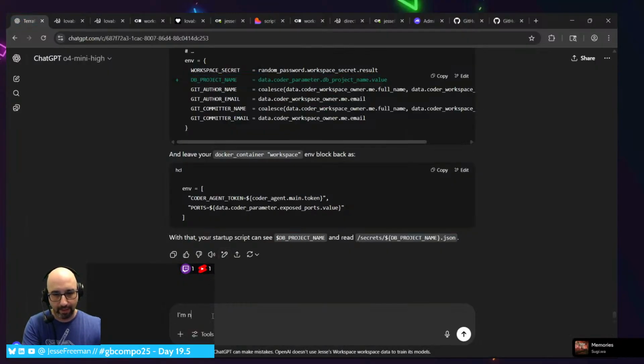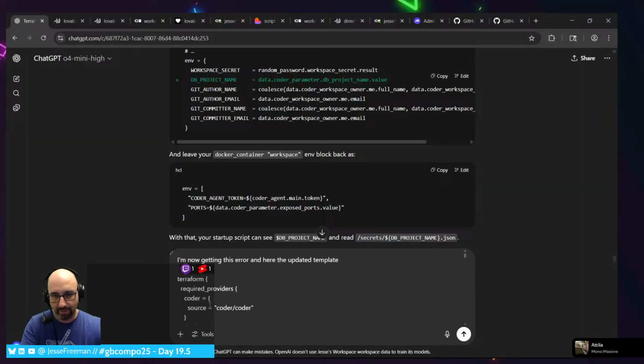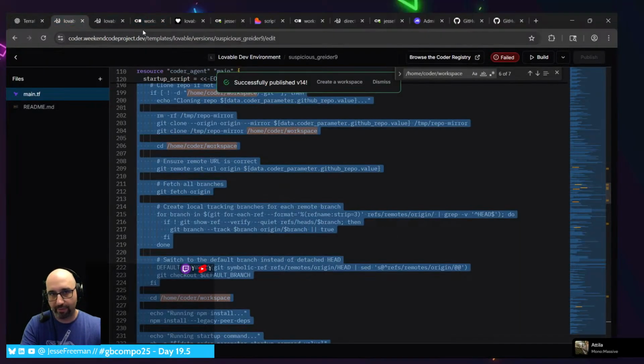I'm now getting this error, and here is the updated template. That's the updated template. I need to give it the errors.